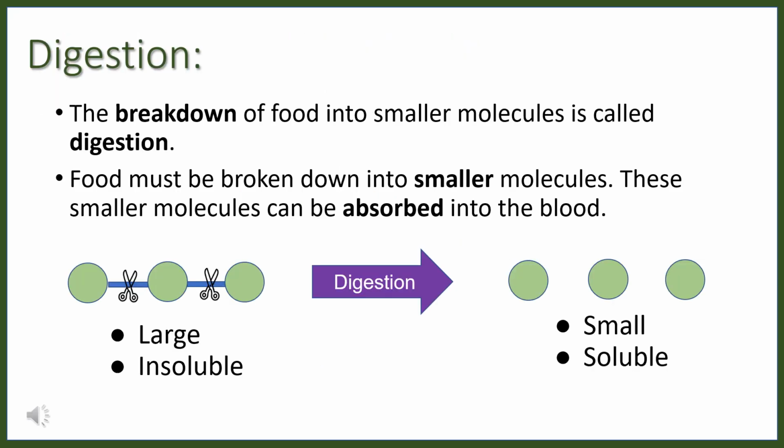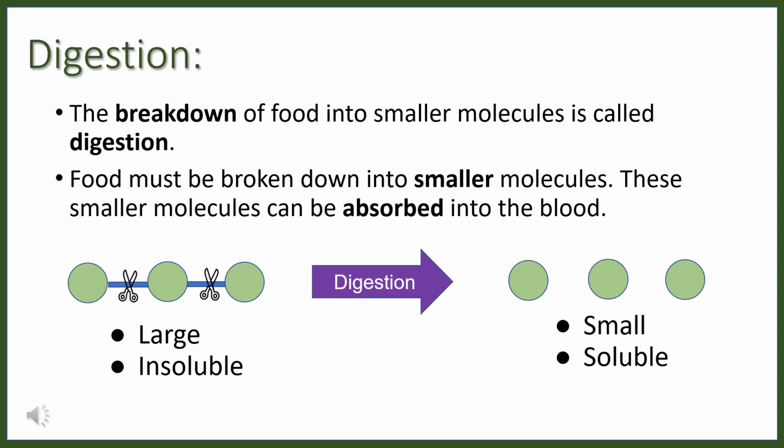For digestion, we're breaking down the food molecules that we have into smaller molecules. So that is, you take the large insoluble molecule and you break it down. Now I've represented this by a pair of scissors, but those bonds that are holding the different molecules together, be it the amino acids, be it the sugar molecules, be it the fatty acids and the glycerols, those bonds are broken down in digestion, and then the smaller units that are left, be it the sugars, be it the amino acids, be it the fatty acids, they're small enough and soluble and they can be absorbed